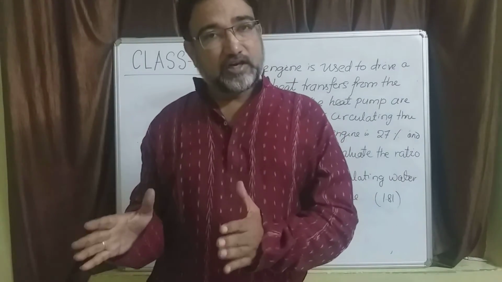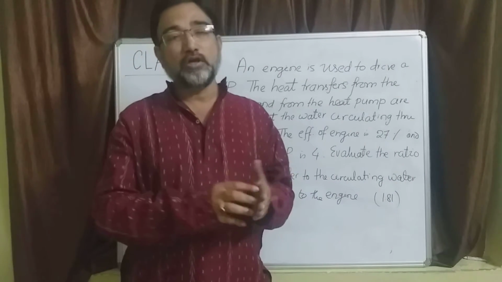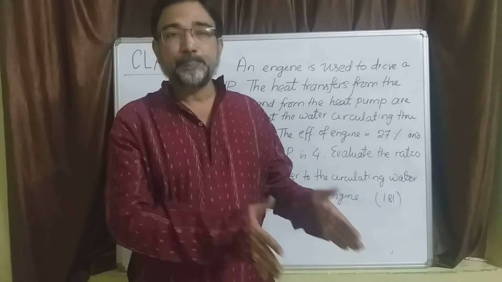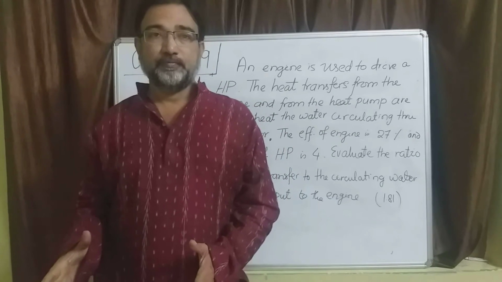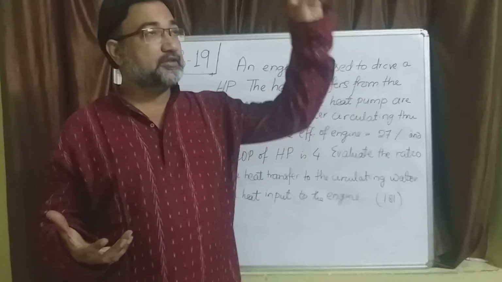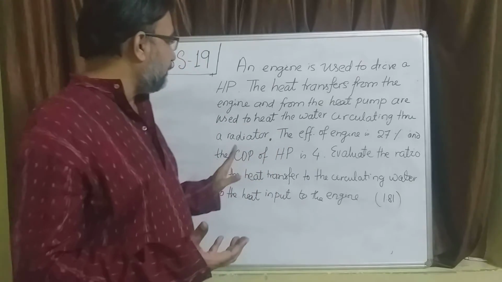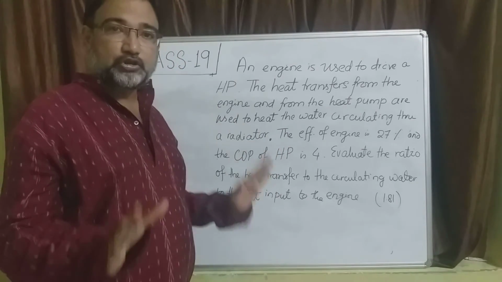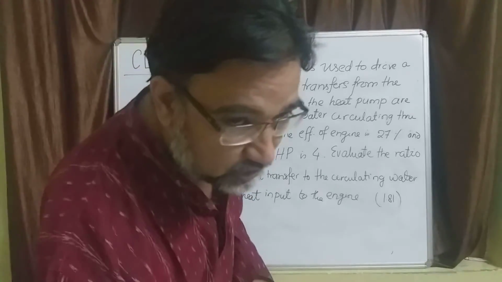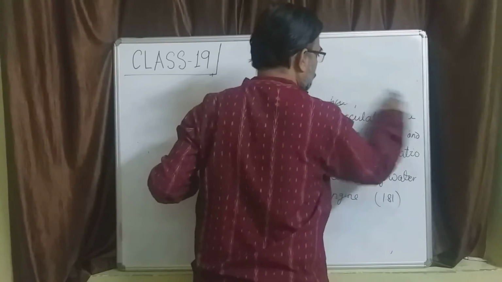So there is a real heat engine and a real heat pump, and the heat pump, you know, demands work. The work is going from the engine and the engine is driving the heat pump. The COP of the heat pump is known and the efficiency of the engine is known. We have to simply find out the ratio of two heat terms in the numerator and one heat term in the denominator using the values that are given to you. Okay, that ratio only you have to find out. I am not going to solve the entire problem, but I will give you a hint and you have to do that. It is a kind of homework for you. I hope you have understood the question.